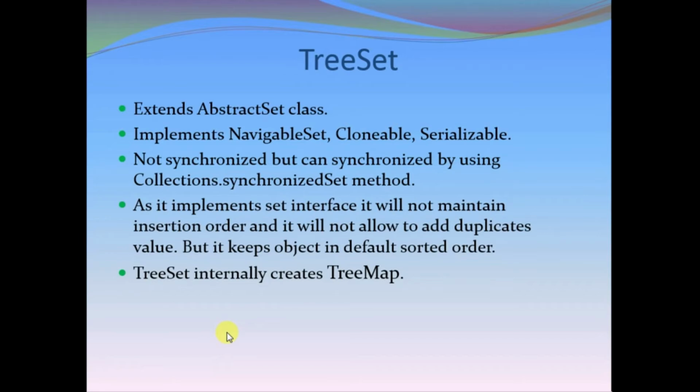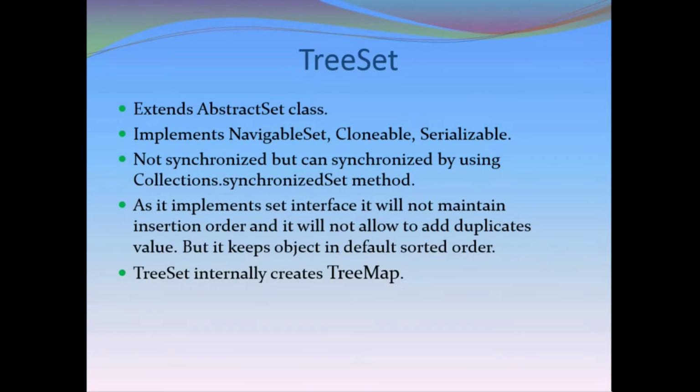So the last one is TreeSet. It also extends the AbstractSet class and implements the NavigableSet, Cloneable and Serializable interfaces. NavigableSet extends the SortedSet interface and SortedSet extends the Set interface. So TreeSet also extends the Set interface, only indirectly, and it is not synchronized but can be synchronized using the Collections.synchronizedSet method. And as it implements the Set interface, it will not maintain insertion order and it will not allow duplicate values,